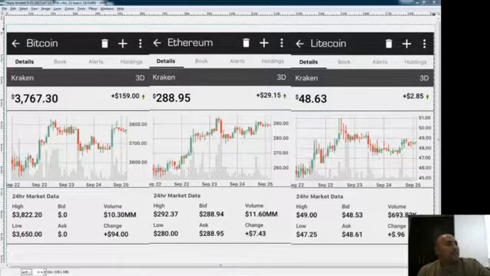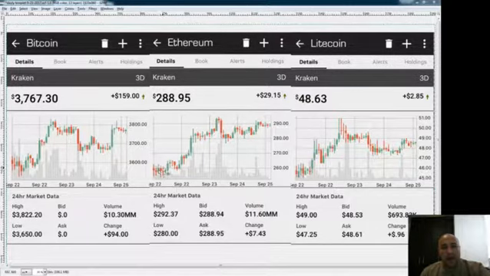My audience should be wondering where to put your money because, as you can see, we have Bitcoin, Ethereum, and LiteCoin versus dollars. But in this graph, you can see that